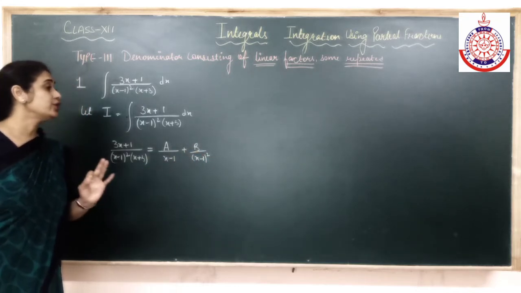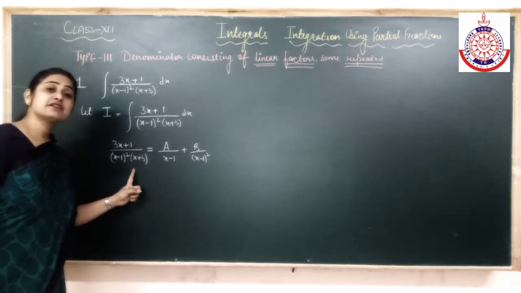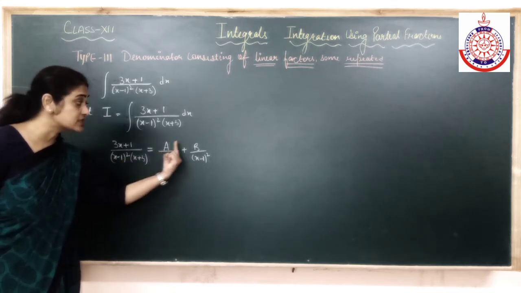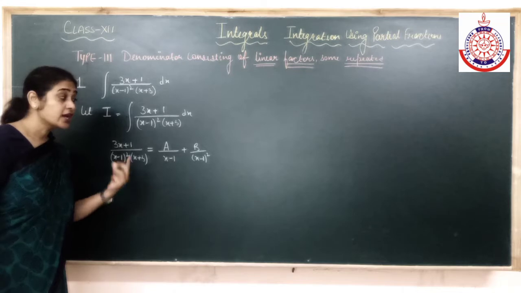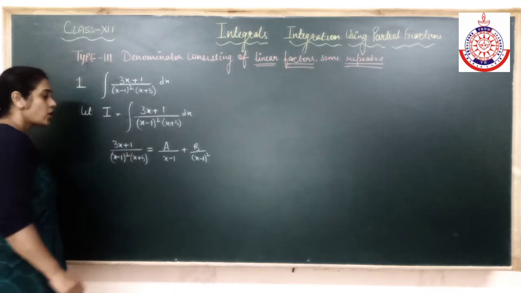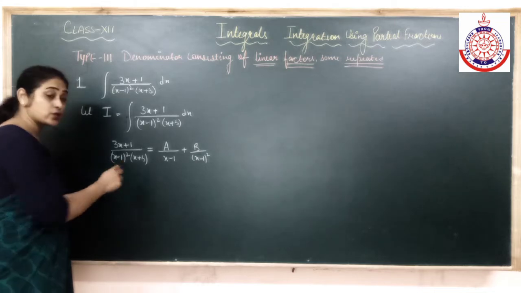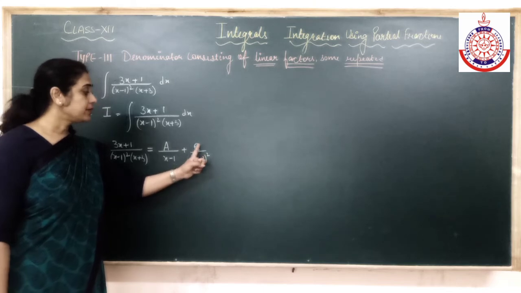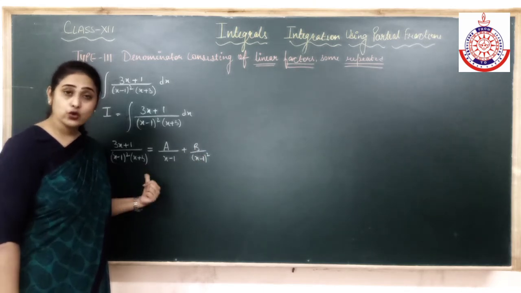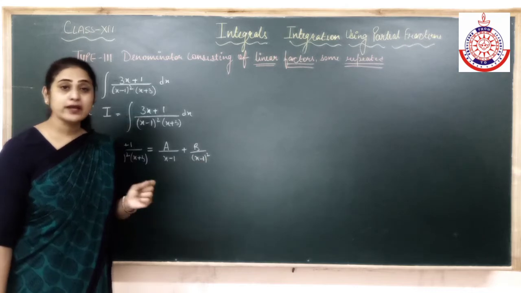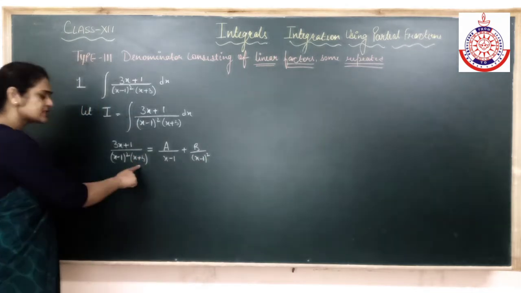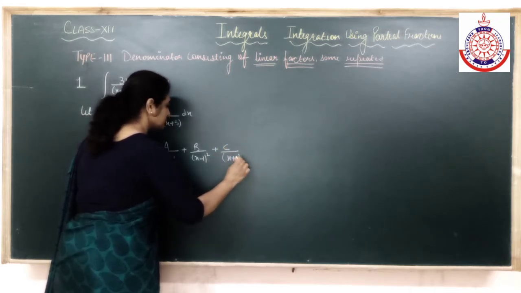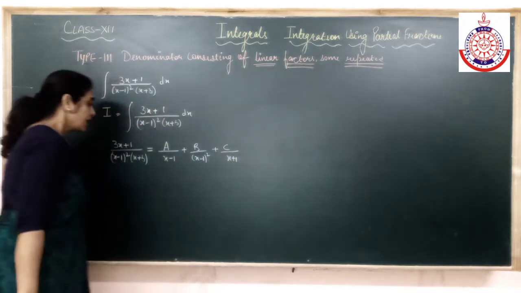Is it clear? I told you children, as many as the degree of the denominator, those many constants we are going to use. It has degree 3, so I have to use 3 constants. Is it clear? So first is over X minus 1 whole square. What is the rule? First of all, without power, A upon X minus 1. Then B upon X minus 1 square. Had it been cube, then C upon X minus 1 whole cube would also come, and so on. Now this is a simple linear factor, X plus 3.